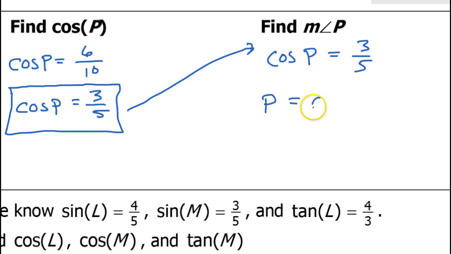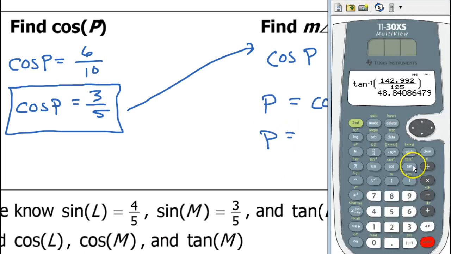So angle P will equal the inverse cosine of 3/5. And that is something you can put in your calculator. Okay, inverse cosine of 3/5. 53.130